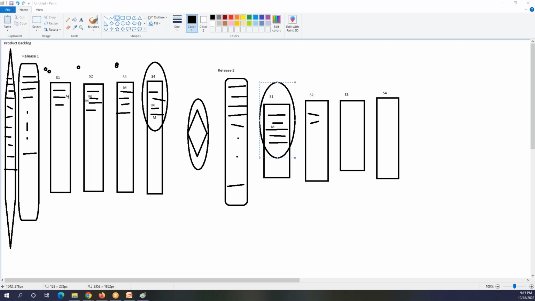A new task is being added, but it's still related to your old functionality. So you have to test that as well, right?